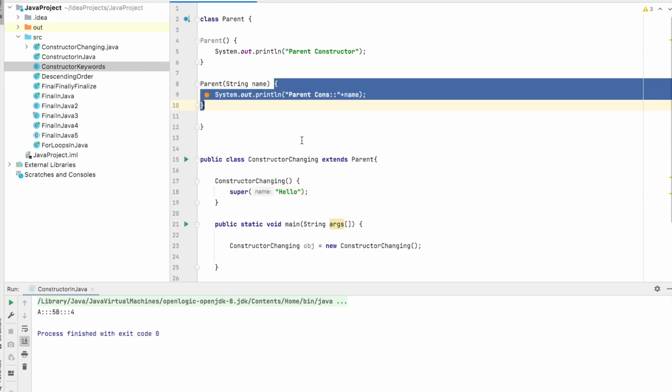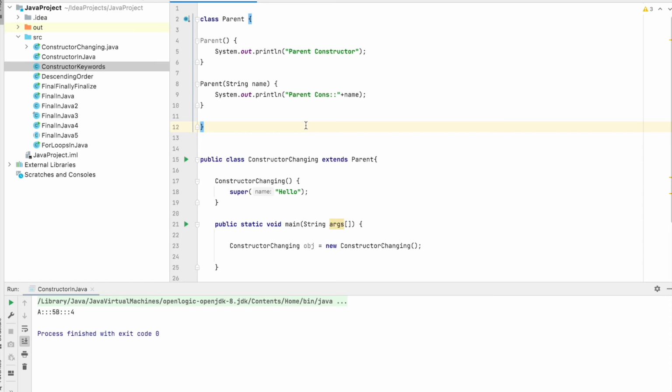This is how constructor chaining works. When we create the object, this constructor is called, and it asks for super, meaning the immediate parent class constructor. It will call this one as we are passing the parameter, and the value will be printed.